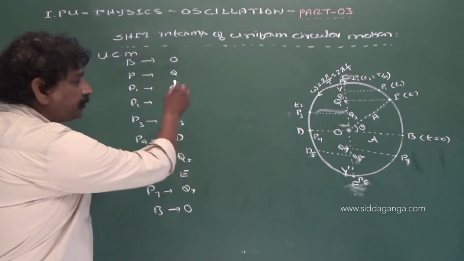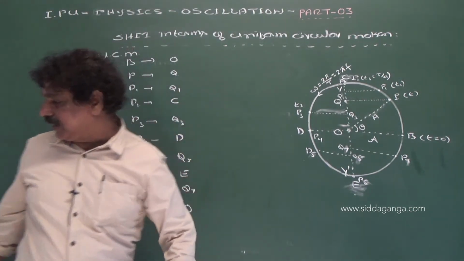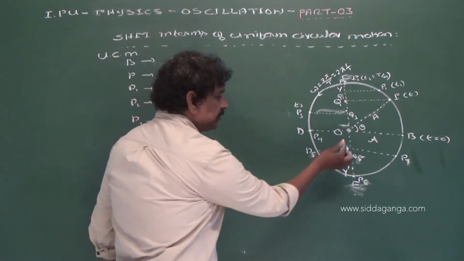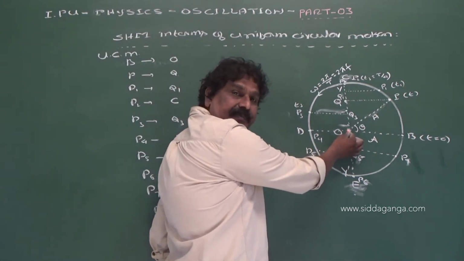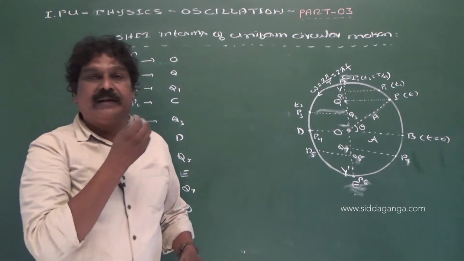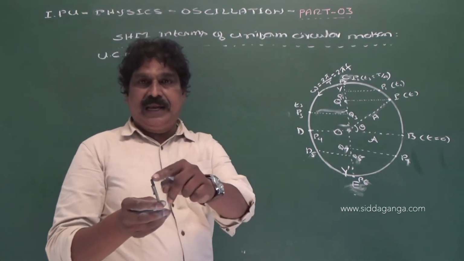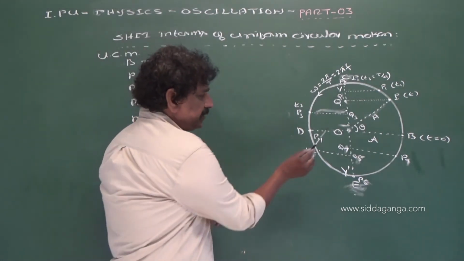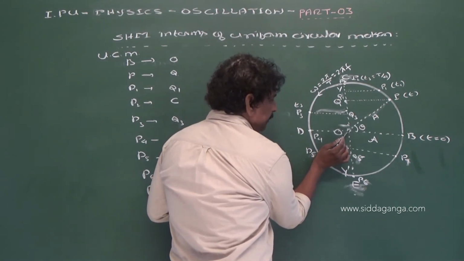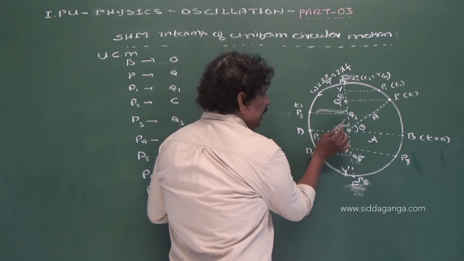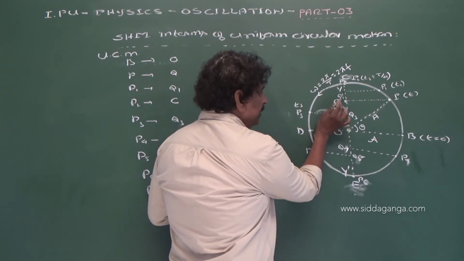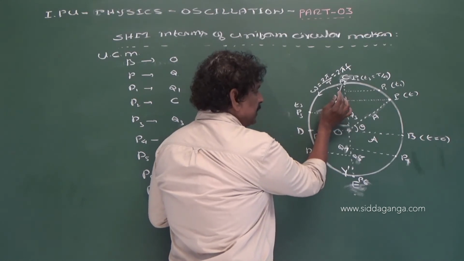Now, the foot of the perpendicular. If I take this as the foot of the perpendicular, I will put it here. Can you able to see it? Or I will take the tip of this pen. At B, this is the position, and at P, this is the position. At P1, this is the position. At P2, this is the position.